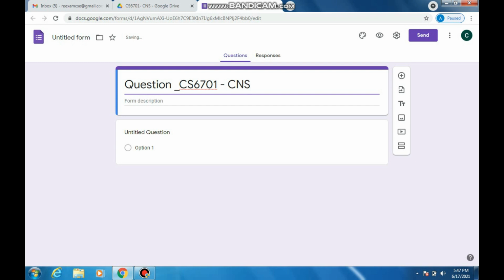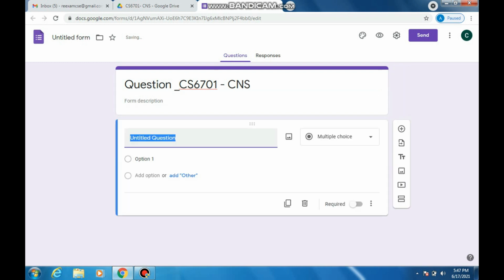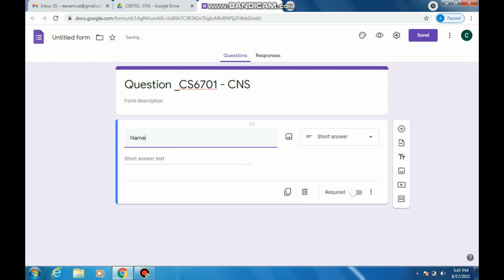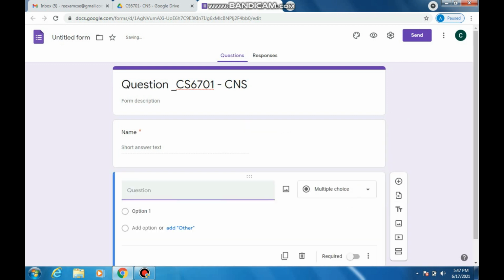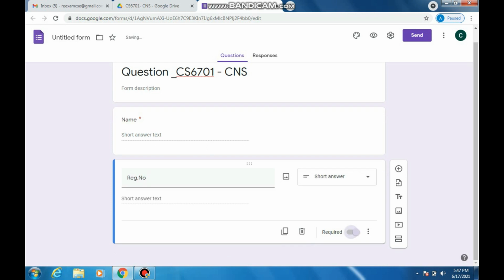Here we can give minimal fields. Minimal fields in the sense we can get the name of the student, and all fields have to be required fields. So name of the student, then his register number, again as a required field,